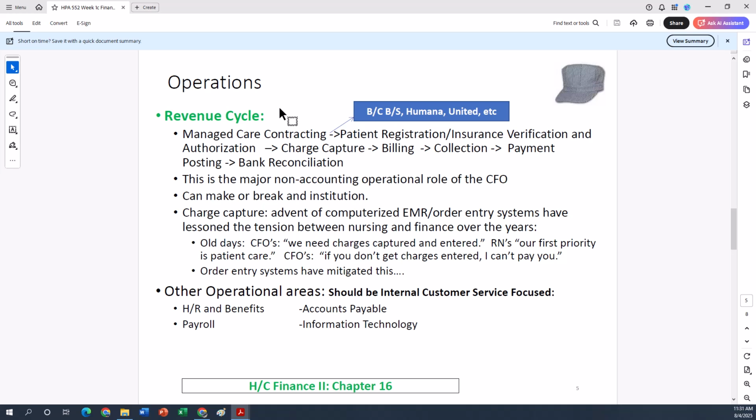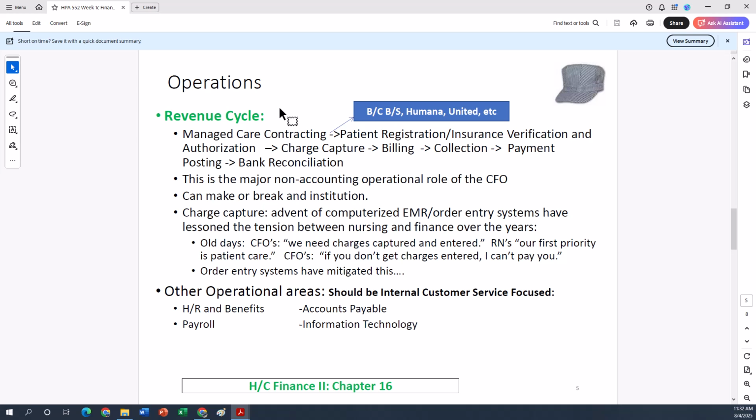Typically the revenue cycle and billing department reports to finance. It doesn't have to, but it typically does. EMRs have really smoothed things out. In the old days, I used to have to chase the clinical team for their charges. It was all manual. Now it just happens. Other operational areas: